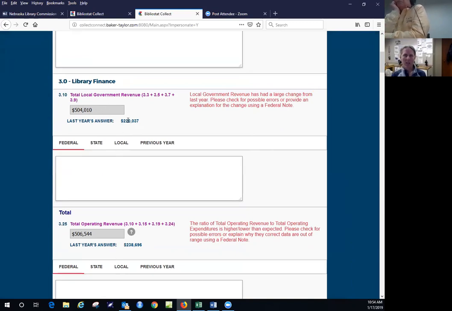And so in this case, I'm not sure what that explanation actually would be, but it's possible that it could be that you got a large chunk of money from the city this year. Yeah, because we built the new library, so they had budgeted for that. So if that's the case, what you can do is just enter a note down here, and you can enter it right in here. Enter it under the federal field, since this is a federal question. And it would be something simply like, we built a new library,